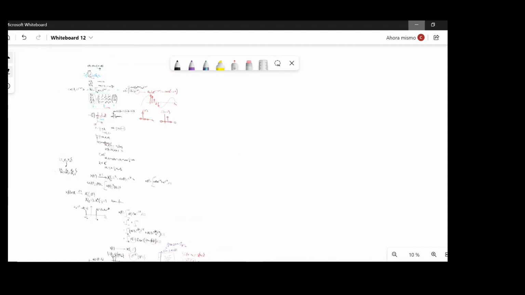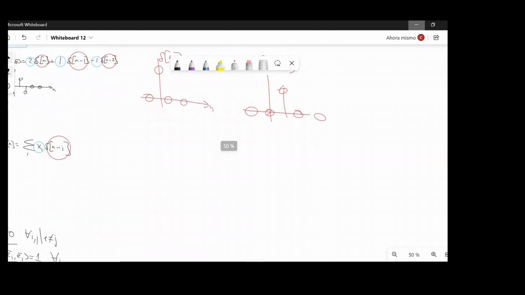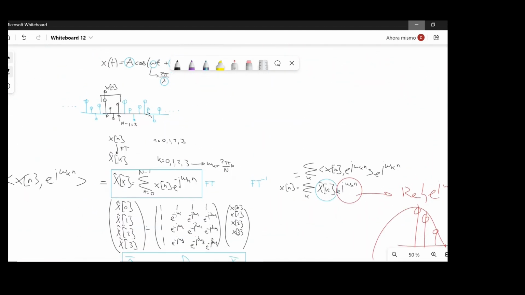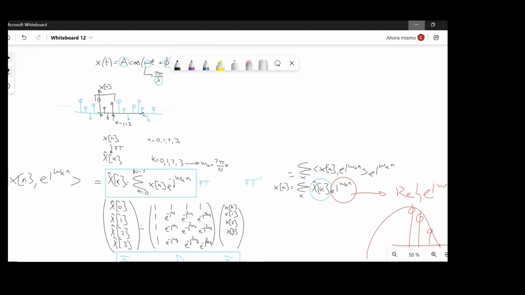We started at the beginning of the class making this kind of resonance. So what if I have discrete signals like this one? This is the 1D discrete signal. The equivalent to the image is the one with pixels, the one where we only have values in a discrete lattice. So I have these 4 values, and then I have the value everywhere. So this is the equivalent of this. And what I have written before,